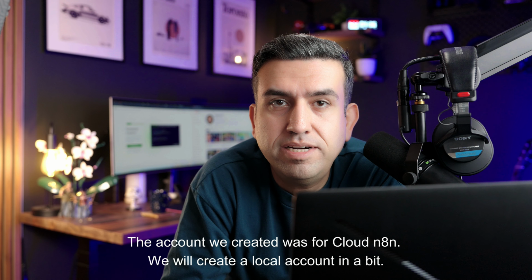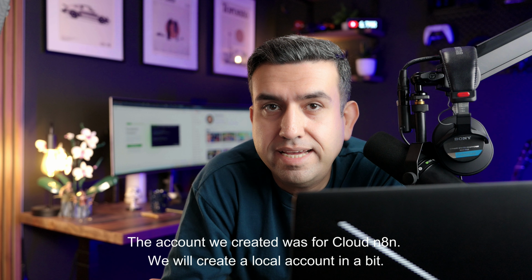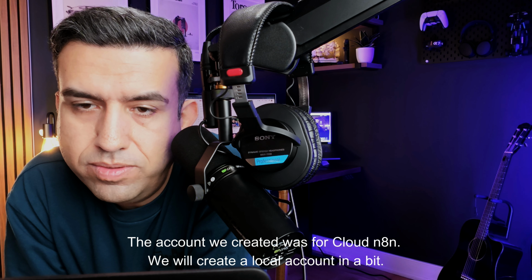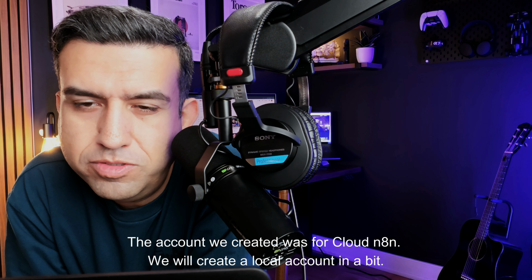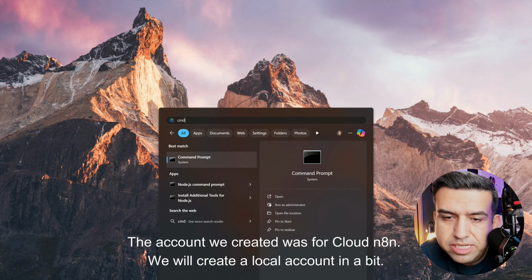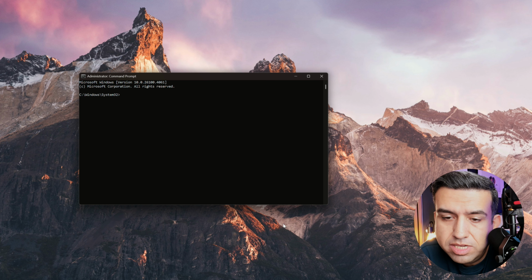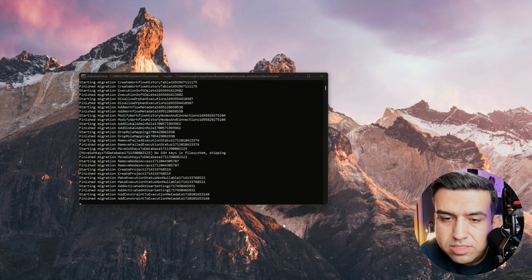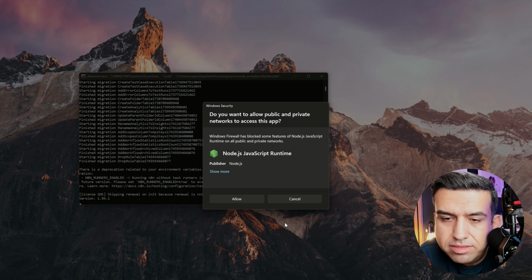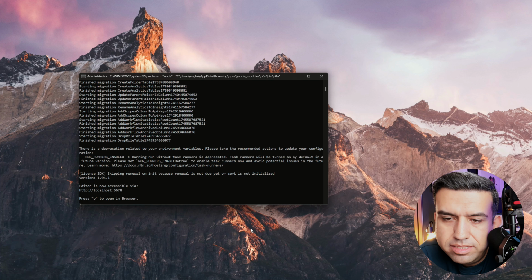Now, let's fire up this local n8n we installed. In your command prompt or terminal, for Windows users, again, it's best to run command prompt as administrator for this step if you can. Type n8n and hit enter. This command is the same for both Windows and Mac. You'll see the startup and it'll give you that local web address again. Usually